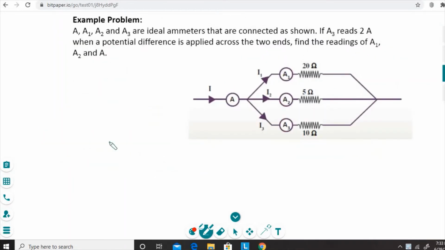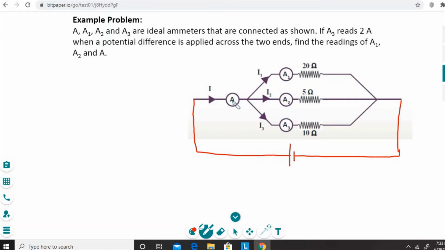Okay, let's do this example problem. It says A1, A2 and A3 are ideal ammeters that are connected as shown. If A3 reads 2 amps, so that means this ammeter reads 2 amps, when a potential difference is applied across the two ends, so that means something like this, you apply a potential difference by connecting an EMF source, which we call a battery, and because of the potential difference, there's a current passing through the circuit,